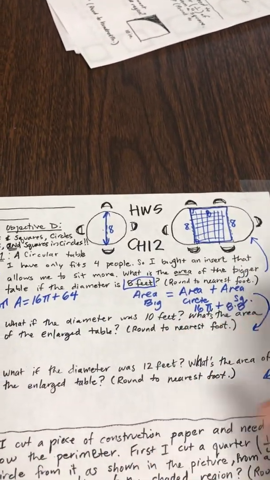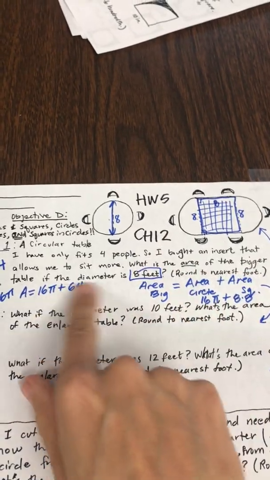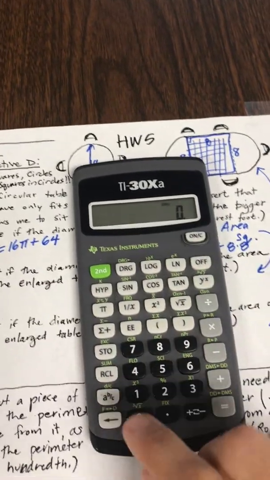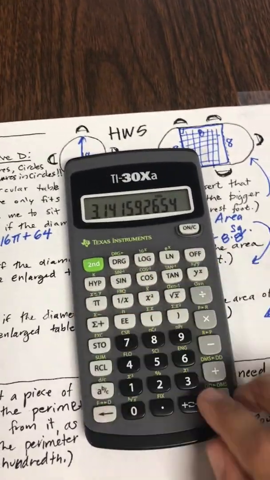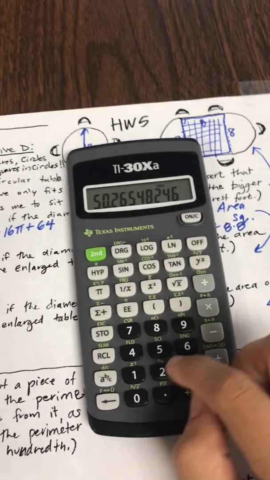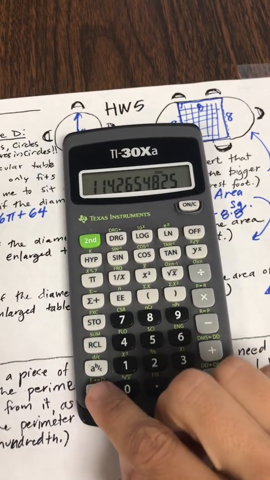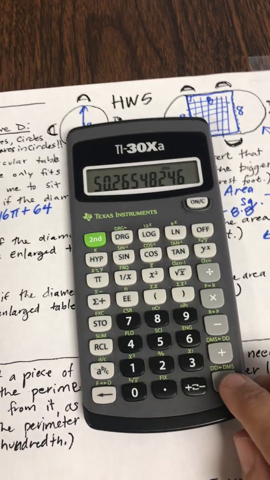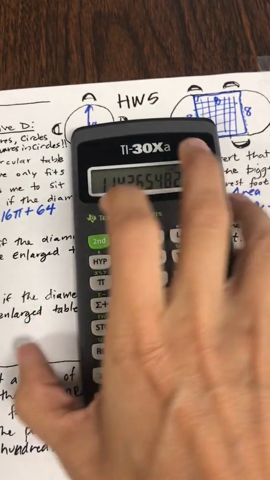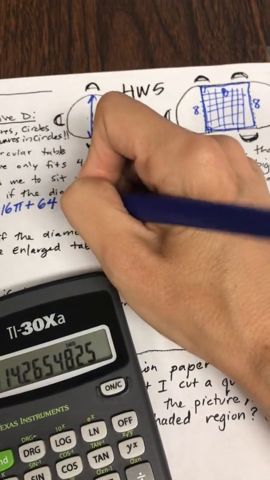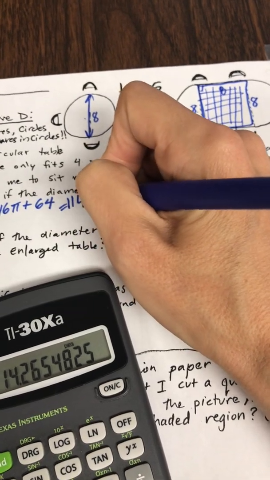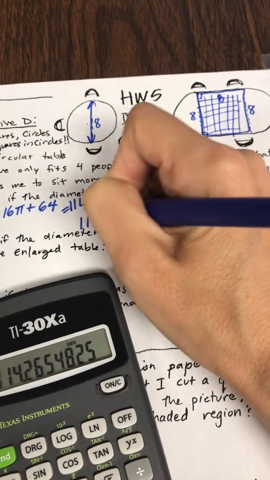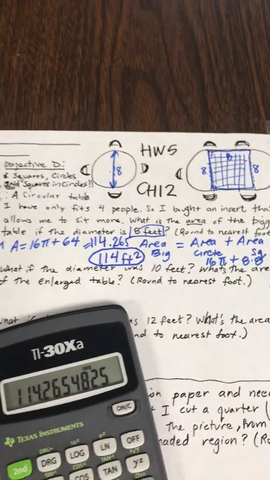And I'd take that as a final answer, I think, on a test, because that's correct. But if this was the EOC and they said rounded to the nearest foot, that's not rounded at all. So I got to figure that out. So 16 times pi, that's the area of my circle, and then I need to add 64. Okay, now I'm going to do it again just to double check my answer. 16 times pi and add 64. That's my answer. So rounded to the nearest foot,